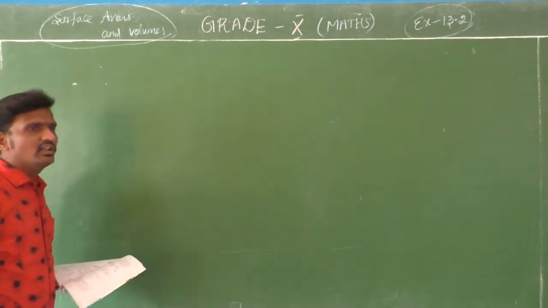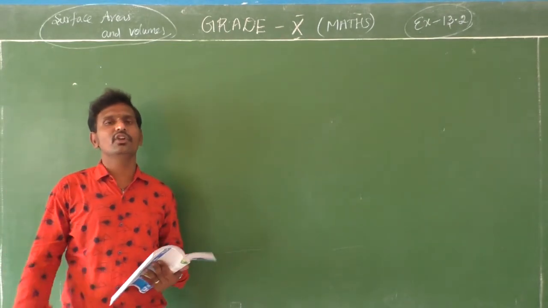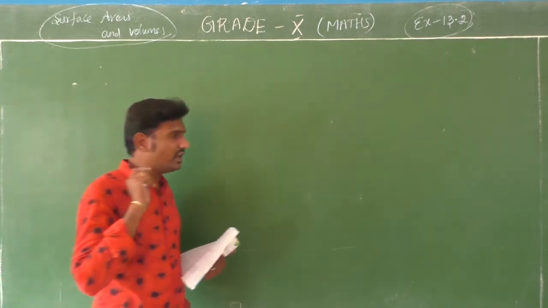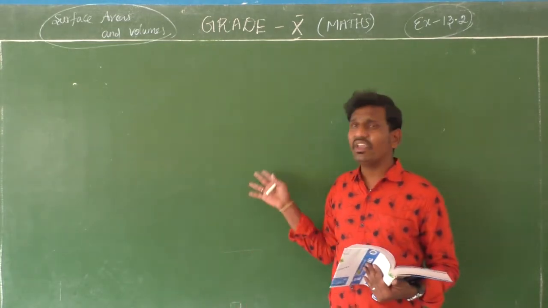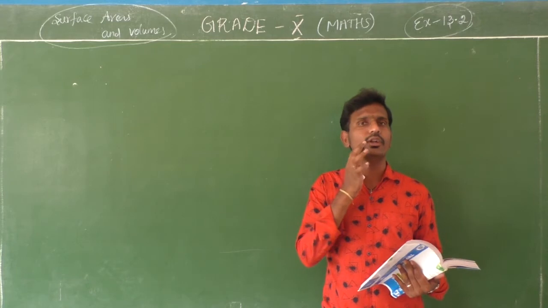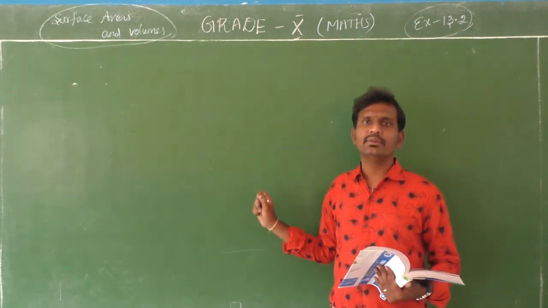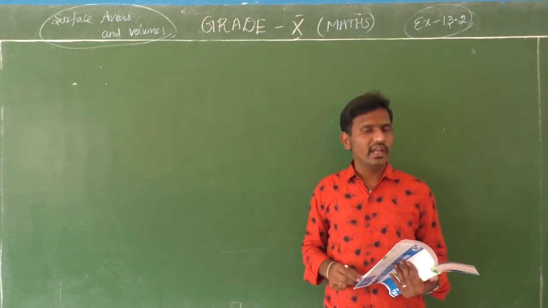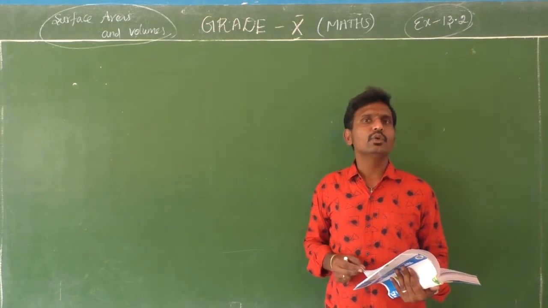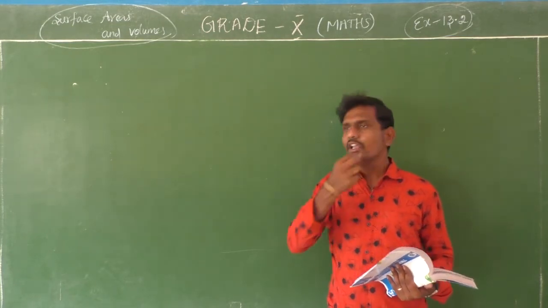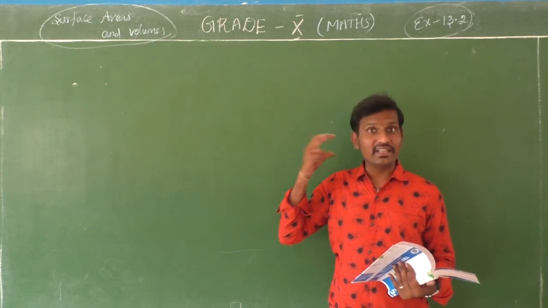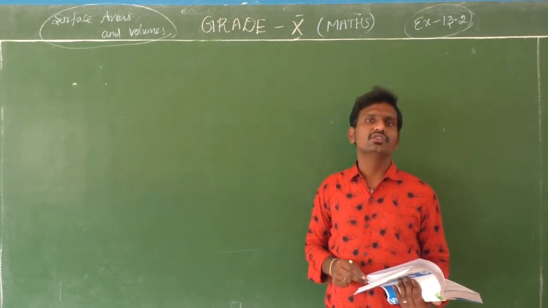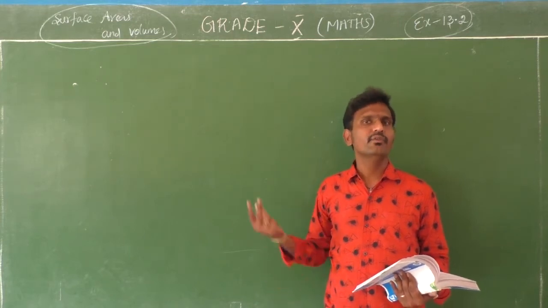Okay, students. I hope you are continuing the video classes and completing the worksheet also. One very important thing: surface area and volume is a very important topic, as I already told you. In this chapter, each and every question you have to try many times. Then only the practice will come smoothly to get the answer in the correct way. Otherwise, you will struggle with the simplification part.